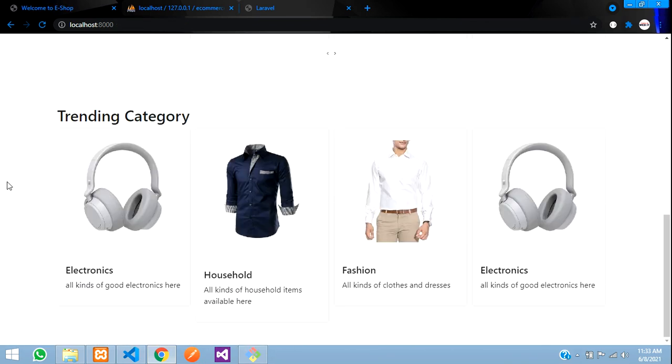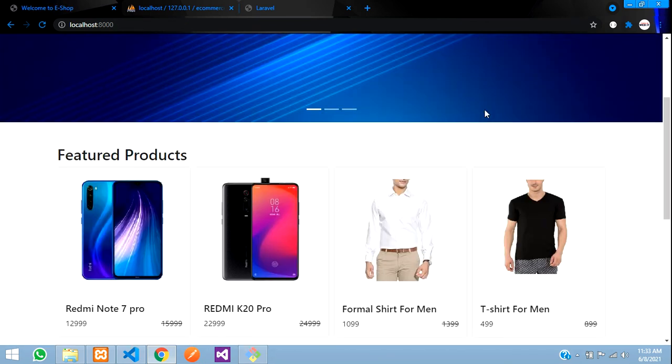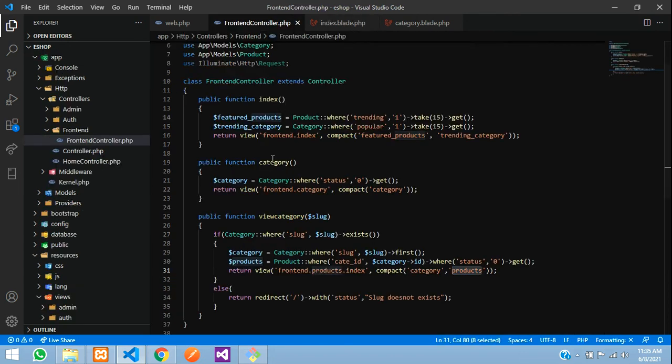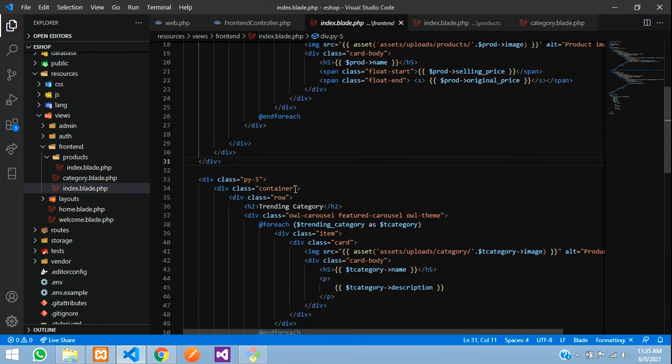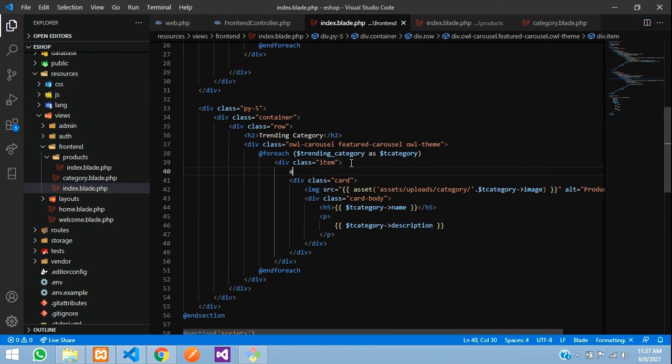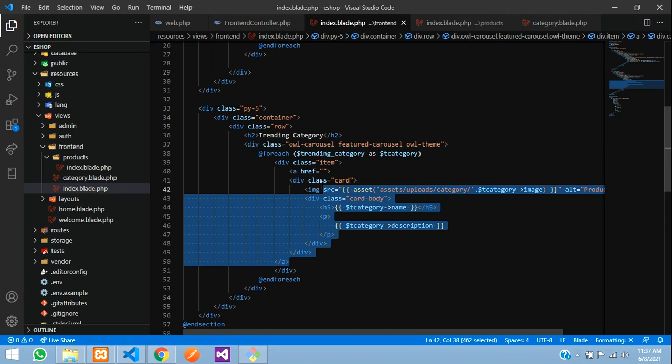So let us just do the same thing for this trending category also. We will just add that A tag over here, so it will become clickable. So we'll go to this front end controller. So this is the index page, right, where we have the trending category. We are going to add the link over there. So below this item, say A tag, Control X, and paste it after this card closing div.